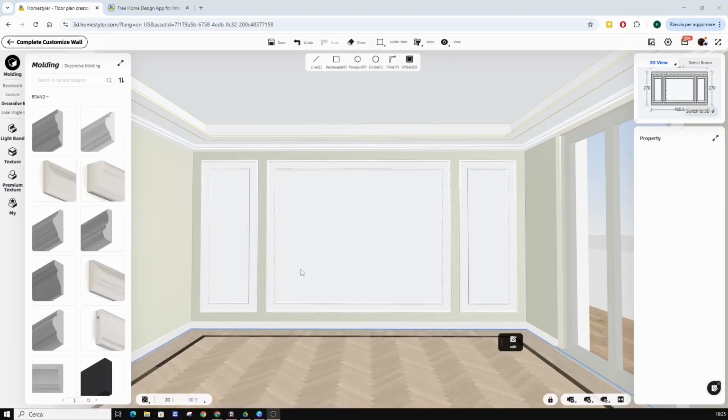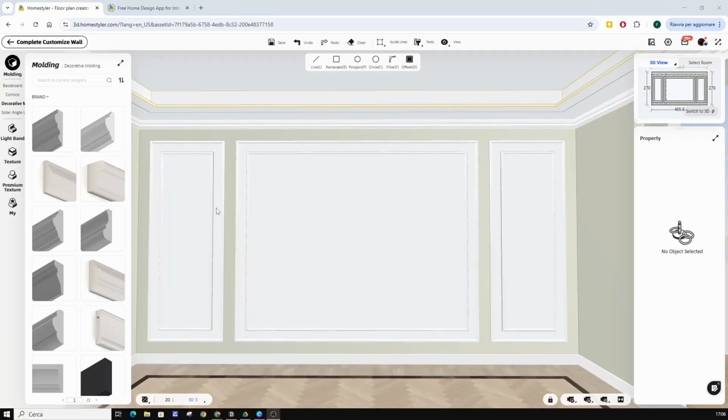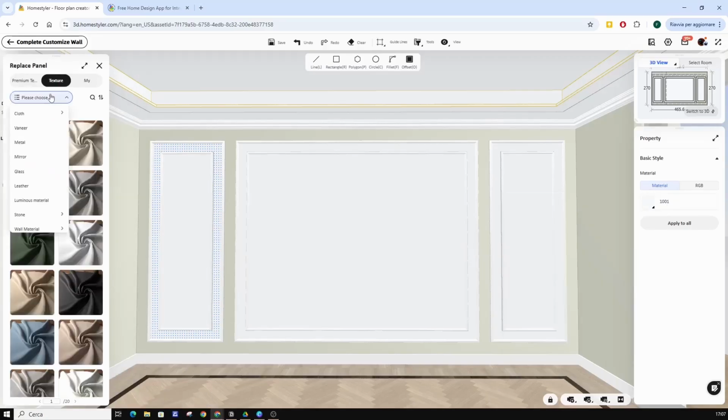We can assign different colours to each area. To select a single area, we need to use the Control key, hold it down and click the desired area. We select the portion of the wall we want to decorate. It appears with dotted lines. We go to Material and choose the material we want.